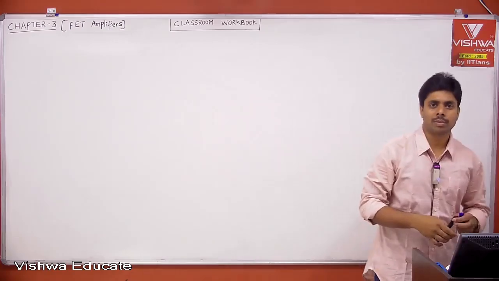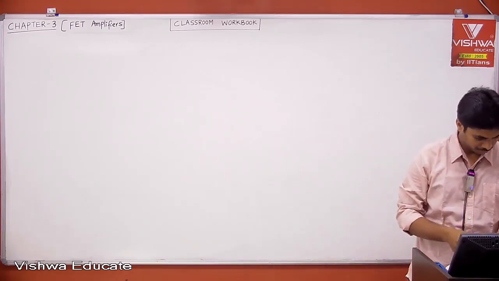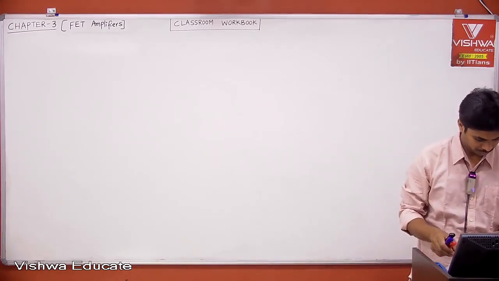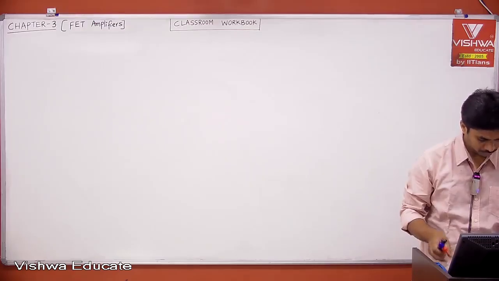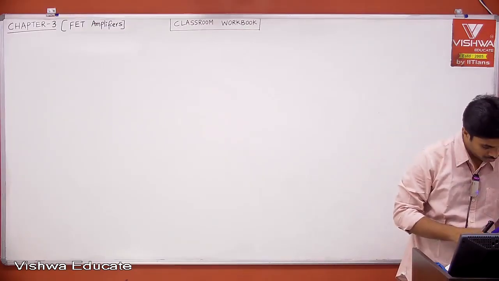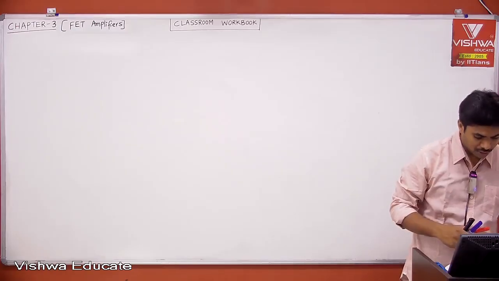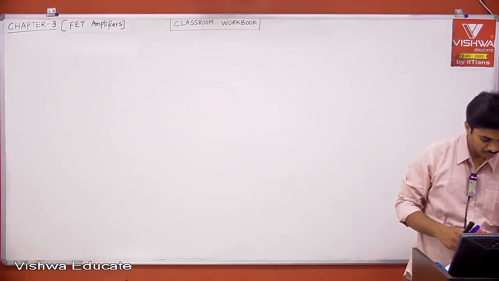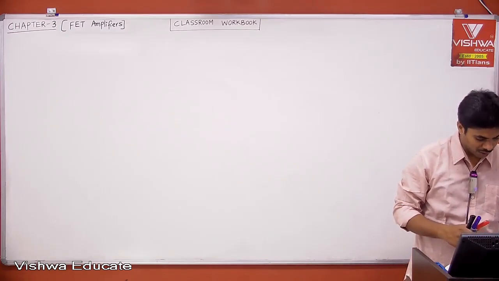Write down problem number 1. Let me read it out. For the circuit shown, assume that the NMOS transistor is in saturation. Its threshold voltage is 1 volt. Its transconductance parameter mu n C ox W by L is